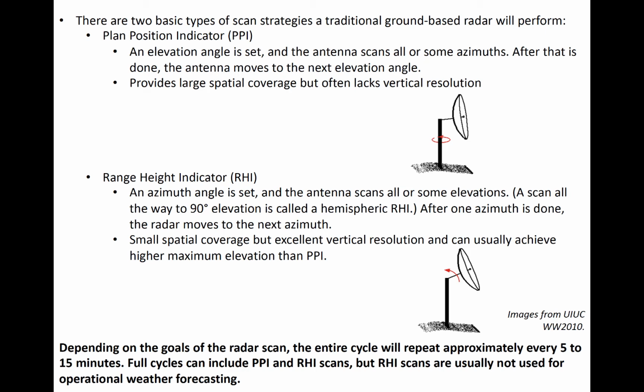PPI scans allow a radar to sample the environment across a large area out to its maximum unambiguous range over a 360-degree circle, but the vertical resolution is usually small as some gaps can remain between individual tilts, especially at large ranges. The Range Height Indicator, or RHI, rotates through a preset list of azimuthal angles and a range of